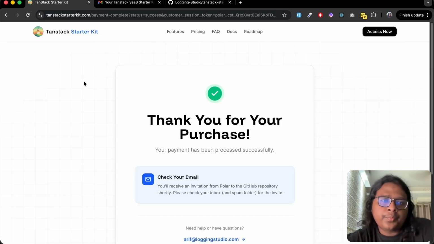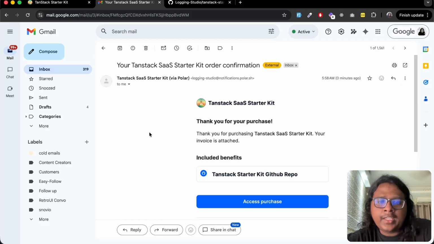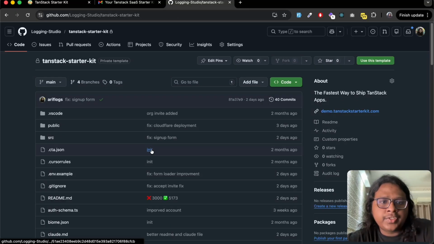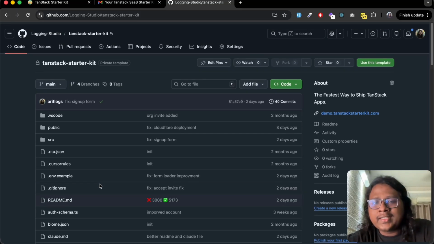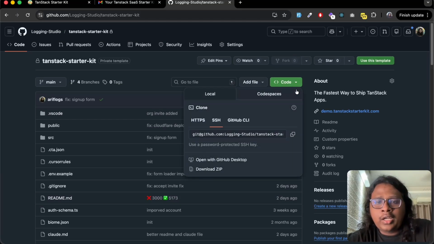Once you complete your purchase, you should receive an email like this from Polar, and this will give you access to the Tanstack starter kit GitHub repo. This one. And this includes the boilerplate you need to launch your next SaaS. So let's set this up. I'll clone the repo,